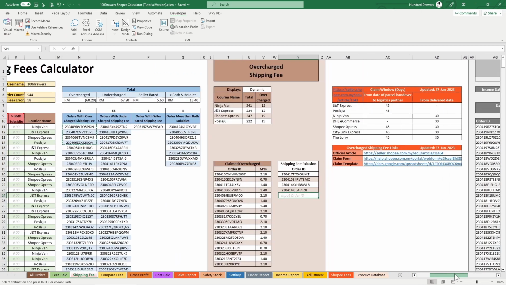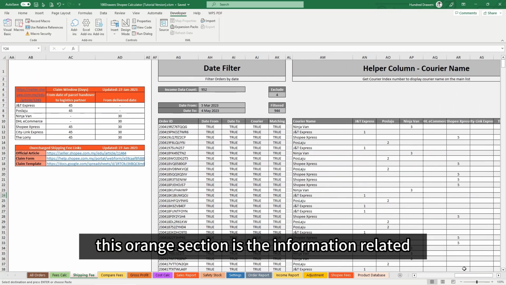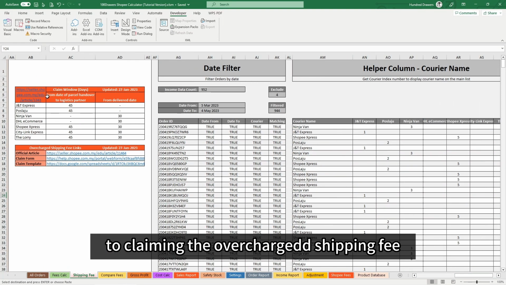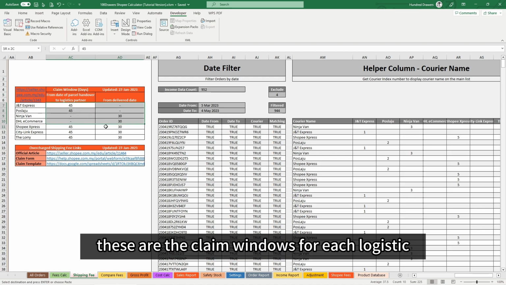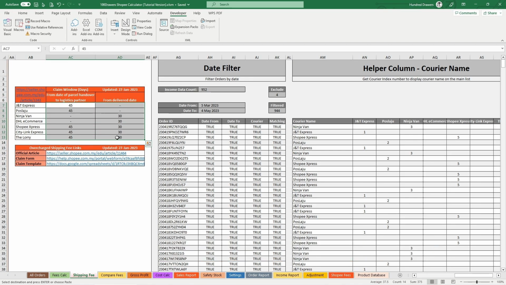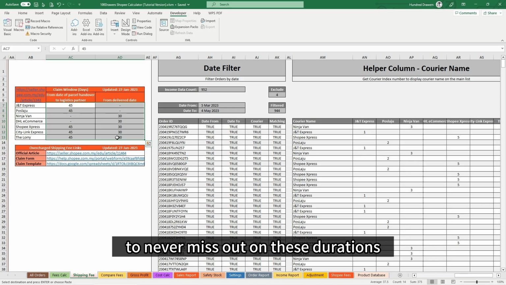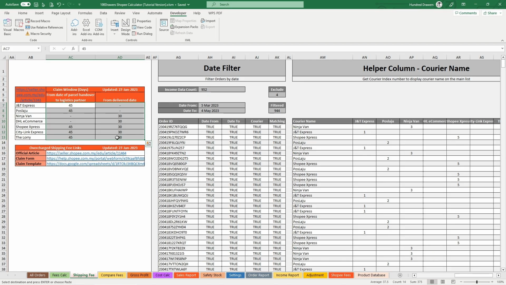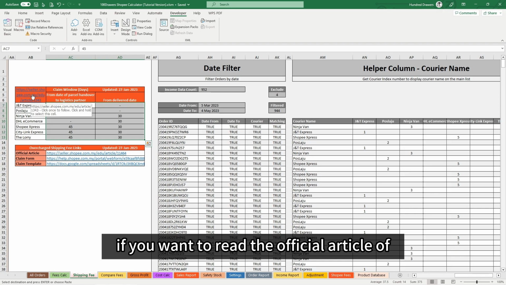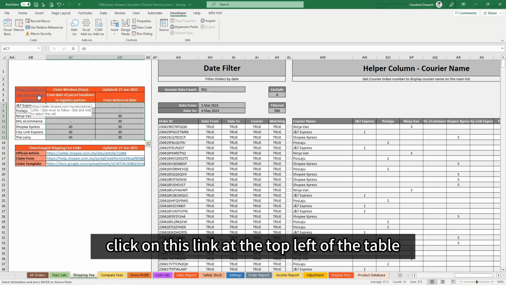Scroll to the right. This orange section is the information related to claiming the overcharged shipping fee. These are the claim windows for each logistic. Make sure you check your order details frequently to never miss out on these durations. If you want to read the official article of overcharged shipping fee, click on this link at the top left